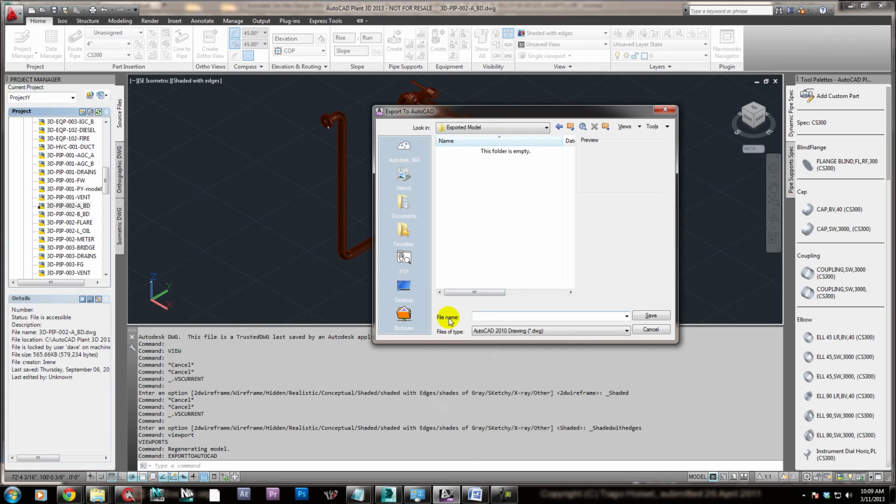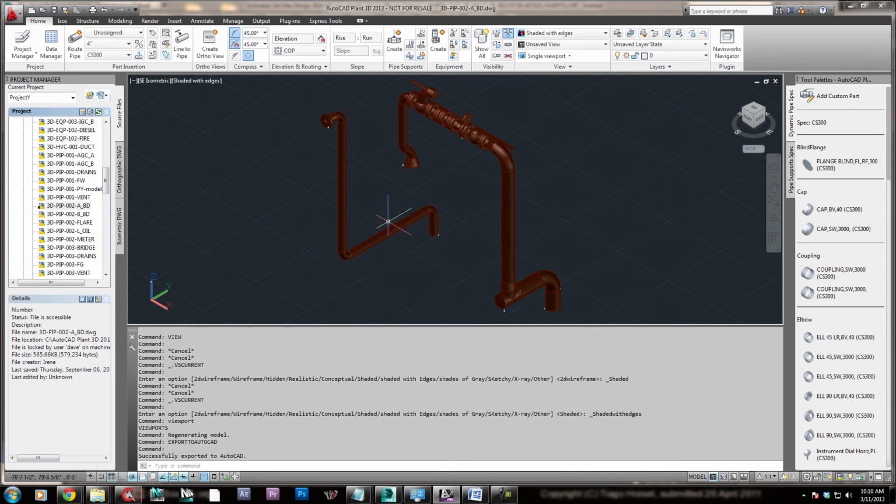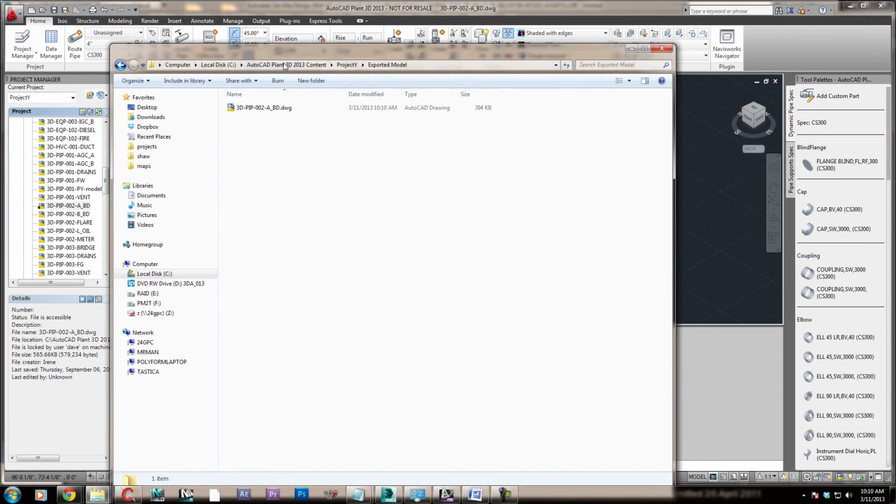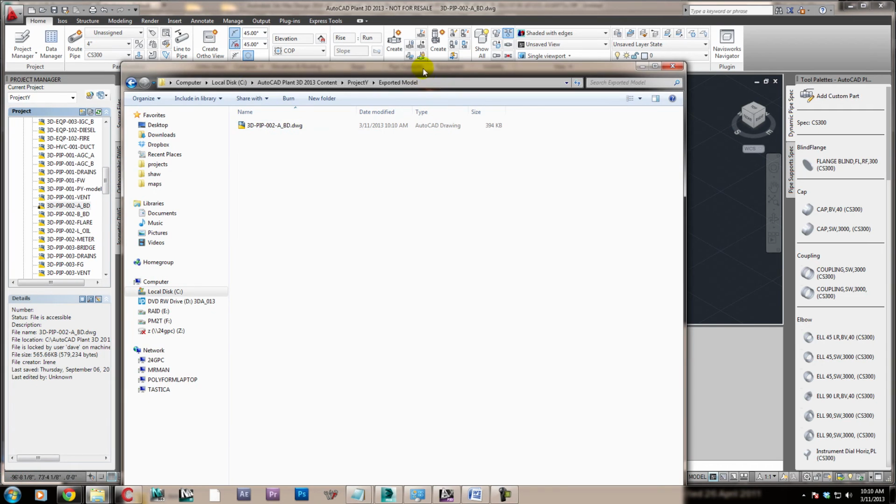Now the sad thing is that I need to type in the file name, which bothers me. But hopefully they will include an option in the next release or thereafter that will put the name in for you. But now I have to do it the 1984 way, which is typing. All right, so A_BD pipe0 to 3D go. All right, so what it did, it just saved that file to that folder here as an importable